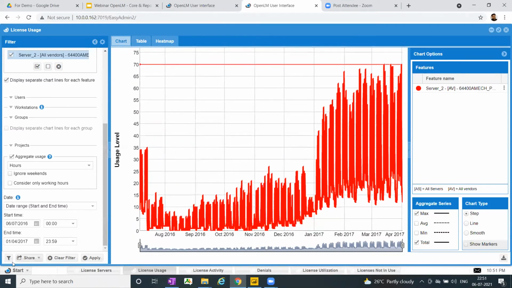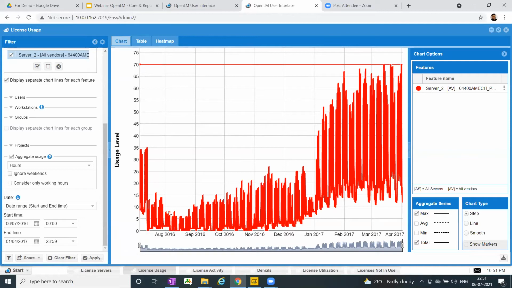And all these reports that you see here on your screen can be extracted and downloaded, and you can also schedule them so that you don't have to log into this easy admin or the user interface of OpenLM every time. The OpenLM system will automatically send these reports to your email at a particular day, at a particular time, whenever you want. So this kind of automation that we were talking about in the presentation slides, you can actually do using OpenLM.